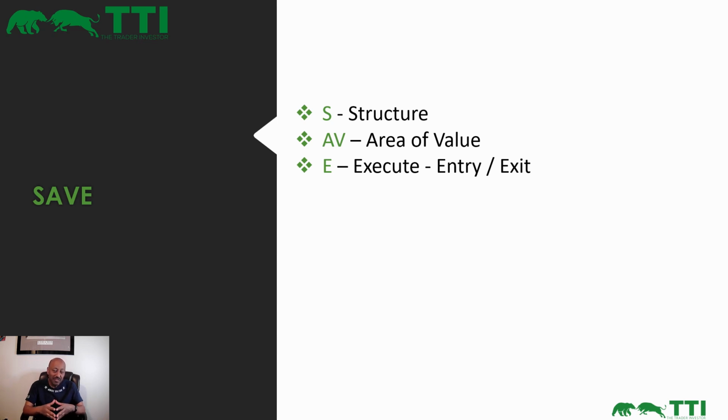Same thing happens on the distribution side, as retailers, out of FOMO again, want to keep buying because they have missed all this big move and they think that there's this much move again coming up for them. So they take those positions and they get stopped out as well, because what institutions are doing is they're dumping those positions. Whether it's forex, stocks, futures, it doesn't matter what asset class you're talking about, crypto, real estate,